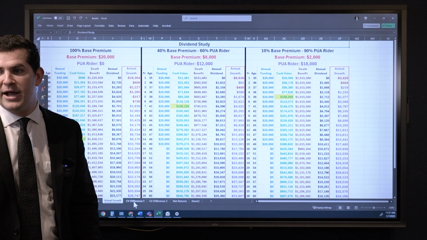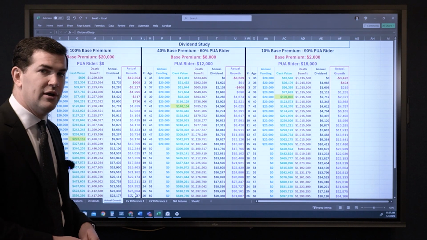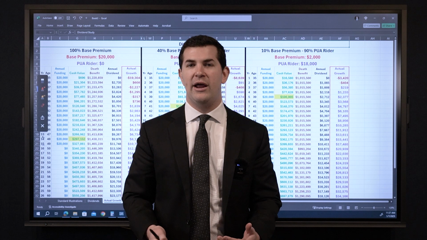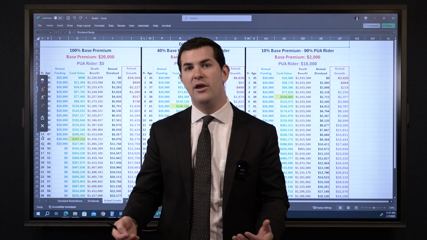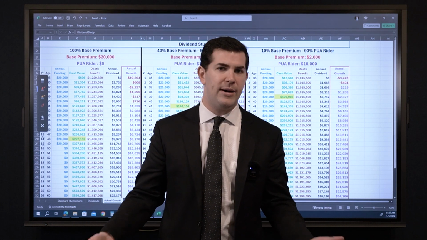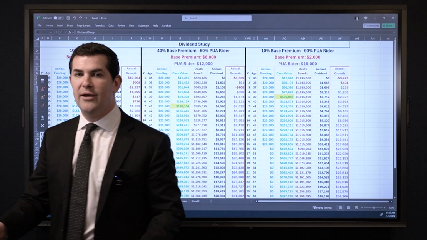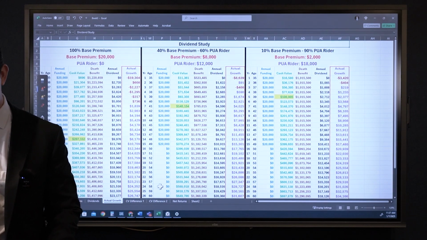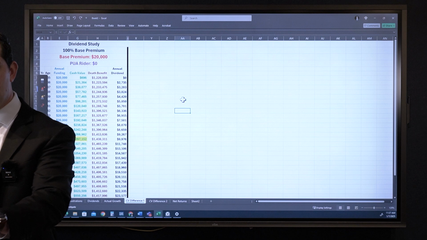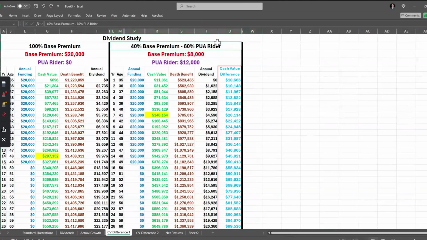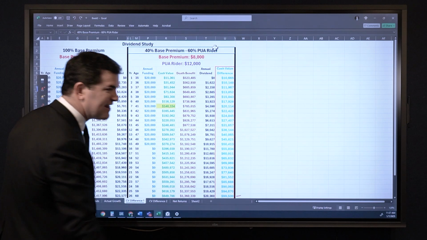And if you just want the bottom line, so our last question is, well, what should I look at if it's not the dividends when I am getting a whole life insurance policy for cash value? The bottom line, which is simply, what is my cash value? If we compare these guys and look at the bottom line, here's the 100% base premium, here's the 40-60 design, and by age 60, even though you had a lower dividend every single year, you've got almost $100,000 more in